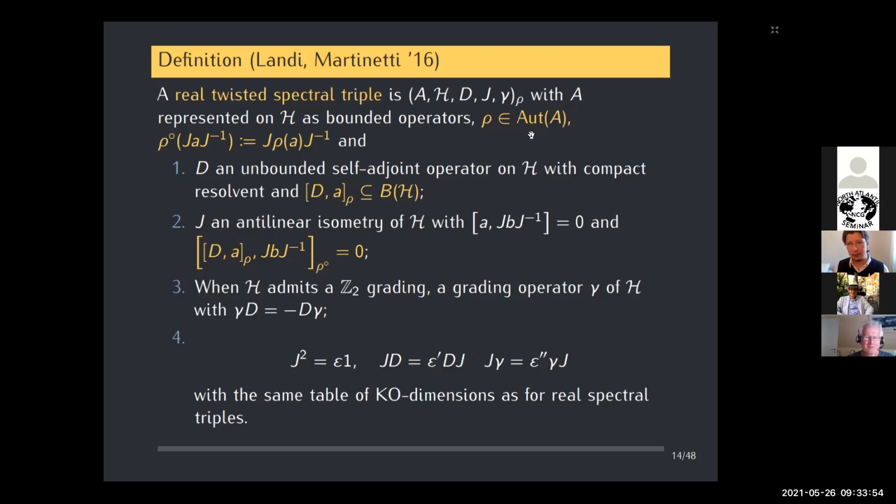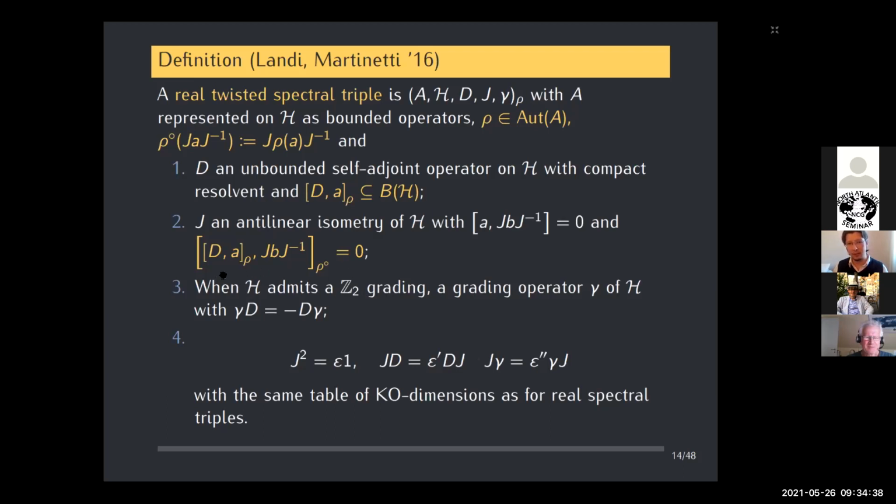It's a concept which is, in the context of non-commutative geometry, not new, but not old. But this definition for a real twisted spectral triple is a little bit more recent. It comes from a paper by Lundin Martinelli in 2016. And they extend the idea of a real spectral triple to the twisted setting in a very natural way. Basically, if you merge the definitions for a twisted spectral triple and a real spectral triple, this is more or less what you'll get, with the only things of note being in the first